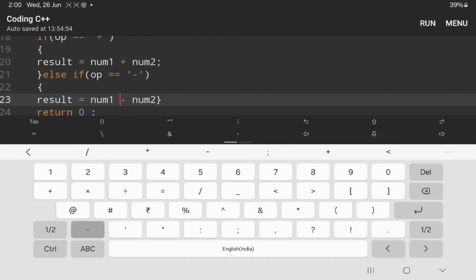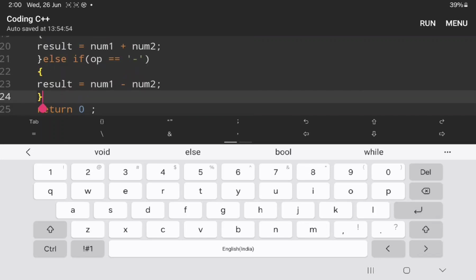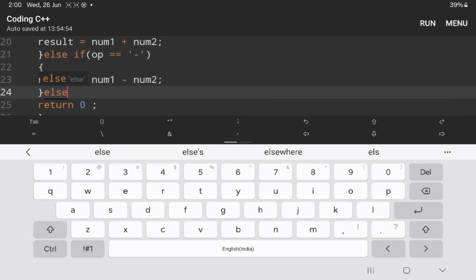You are using a subtraction, so subtract num2, semicolon,